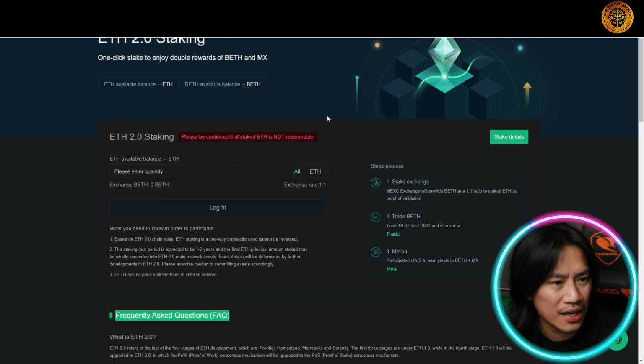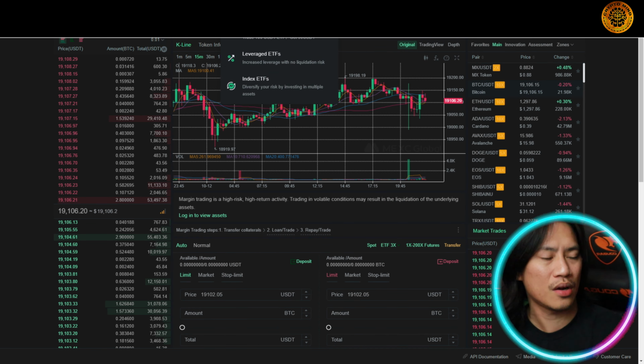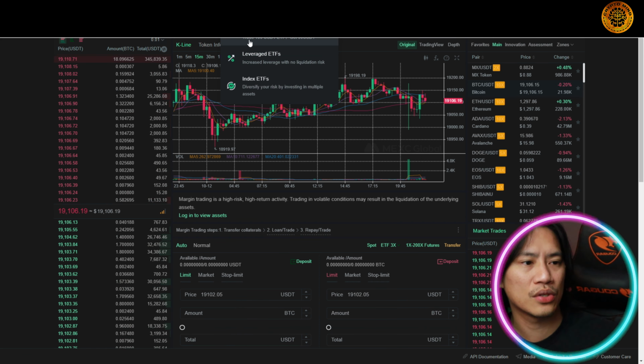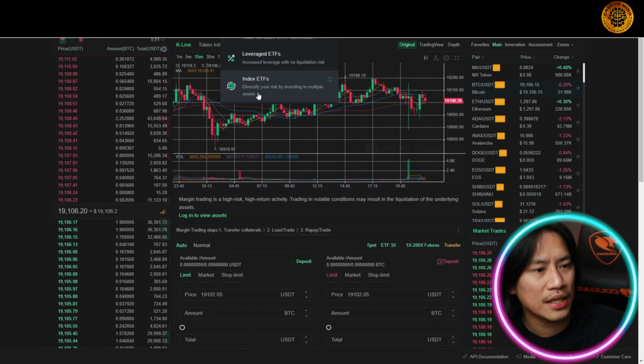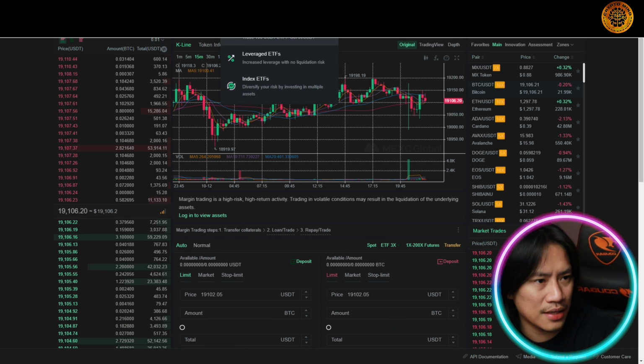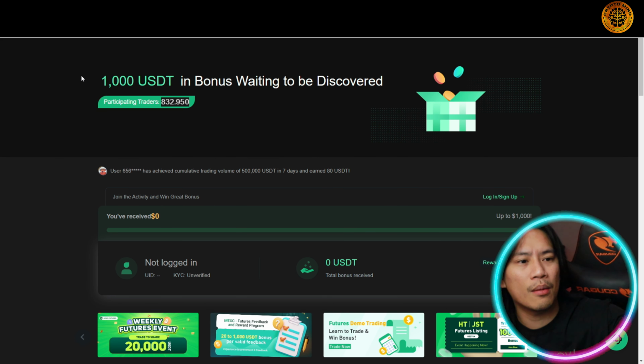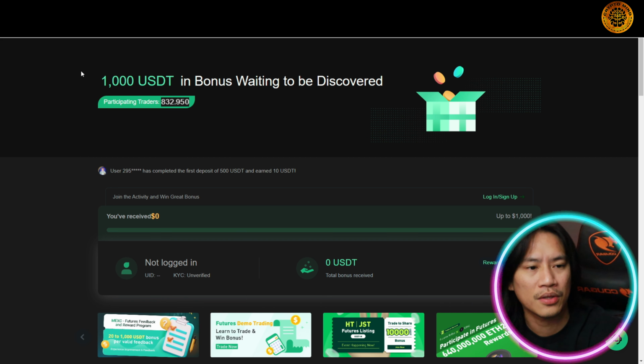Let's go ahead and check out other things here. What are the other stuff? We have giveaways for new ETF users. Trade 100 USDT ETF, get 50 USDT. Leverage ETFs, index ETFs, and you get $1,000. How do you do that? 1,000 USDT in bonus waiting to be discovered. Participating traders,